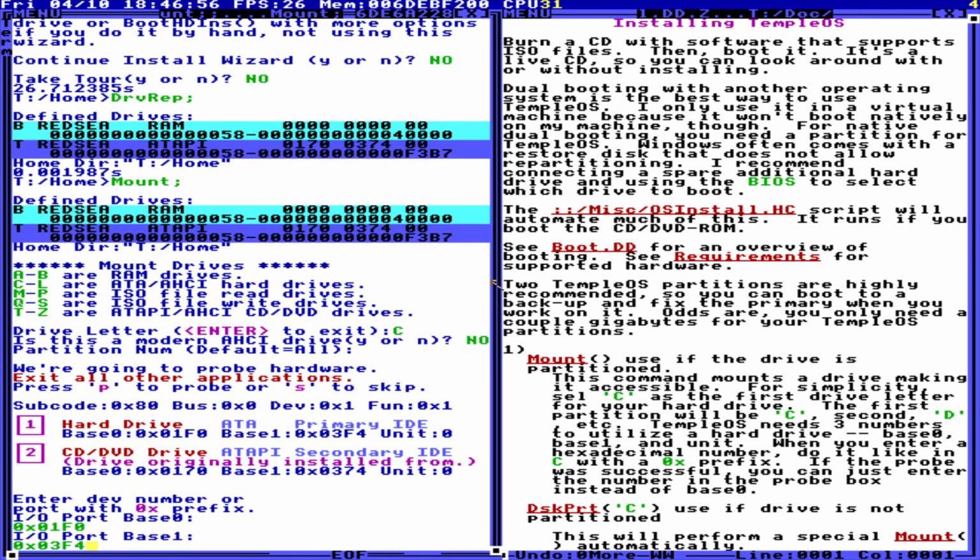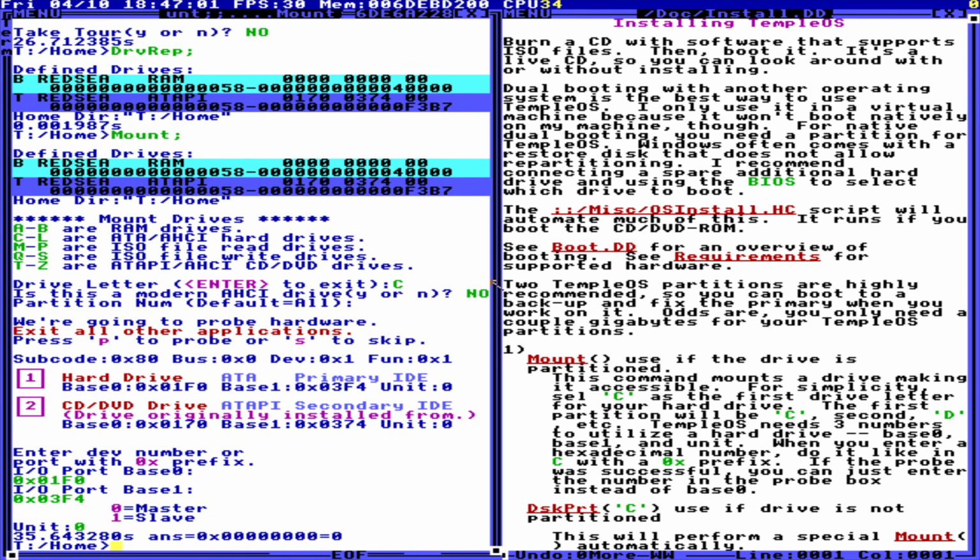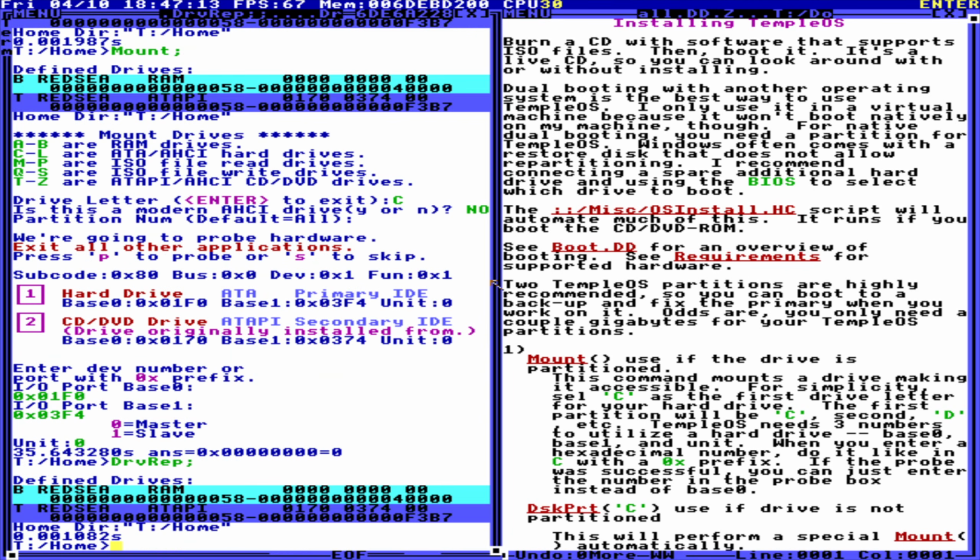Just checking. Yeah. And then 0. And so it doesn't really give me back a value. It gives me 0, and drive rep doesn't show the disk. So then I tried to do this manually by doing